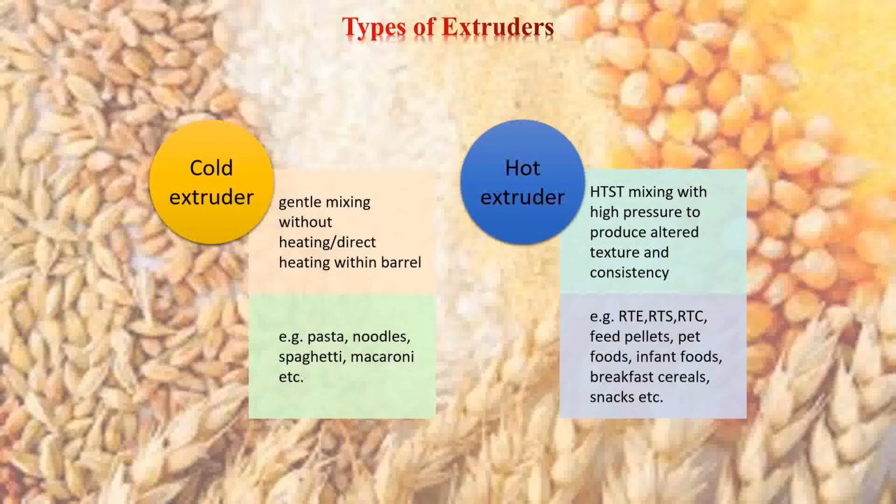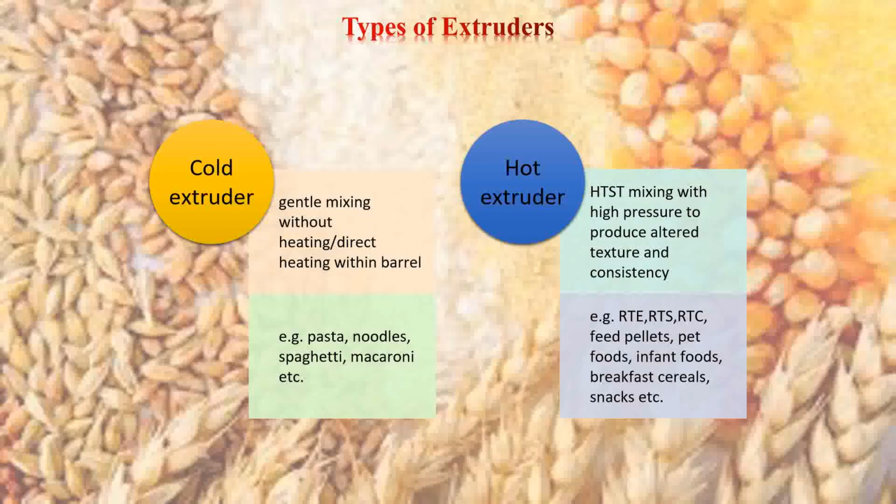As common examples, we have Chocos, cornflakes, oats, oat bars, sorghum bars, and the Quaker oats for patients with high cholesterol. Okay, so these are the types of extruders that are generally present in the industries that are functional and working. So apart from this, the types of extruders that are present are